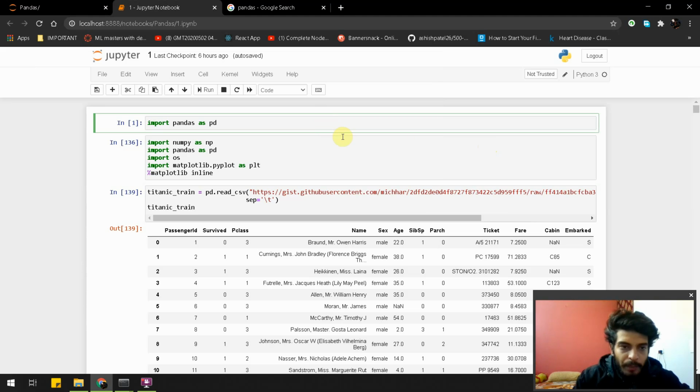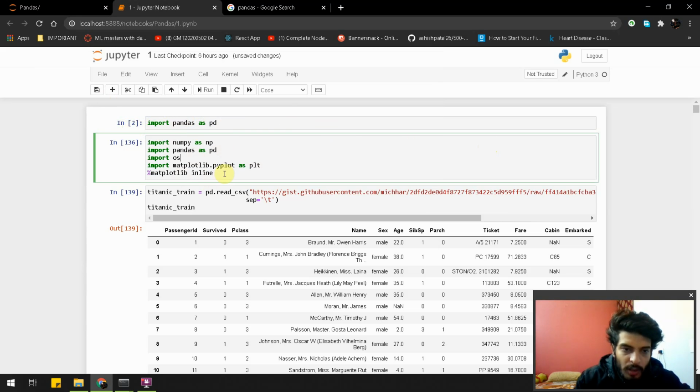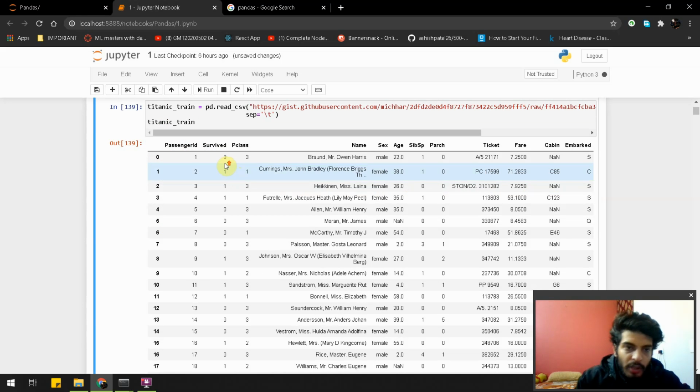So now you need to write import pandas as pd. pd is just an abbreviation for pandas. So now press shift and enter. Now you can see it has run. So next part, these are actually all libraries as well. I will be doing a tutorial of NumPy and Matplotlib in an upcoming session. So leave it here. I just need to run it.